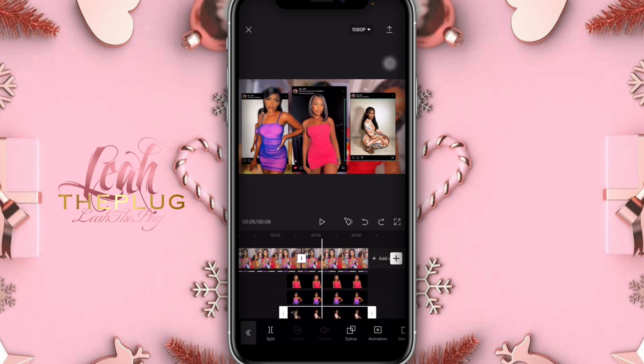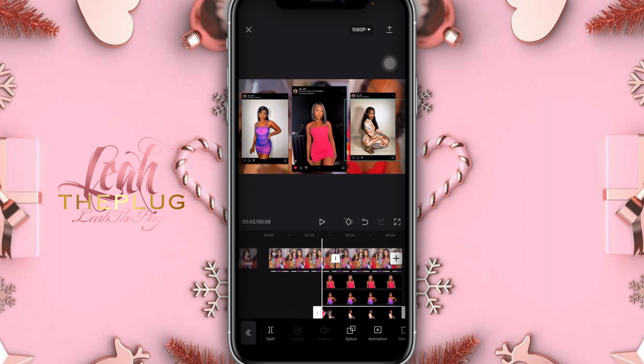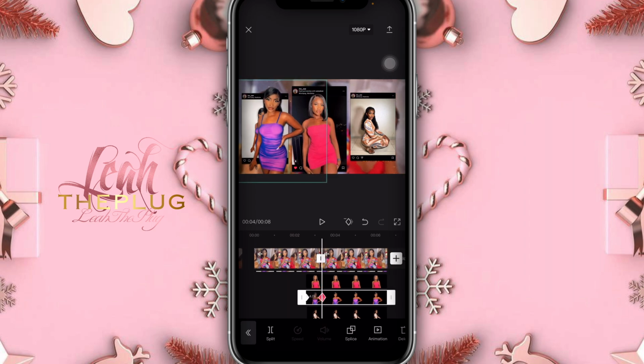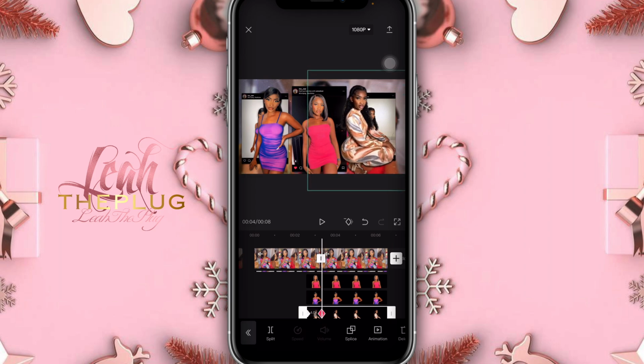Great. And then for the last one, we're going to do the same as well. Click on the keyframe button. Then we're going to move up a bit. In order to know the same timing, you're going to click on the one before just to see where it's placed, the keyframe. And then you're going to click on yours. Then you're going to click on the keyframe and you're going to open it up